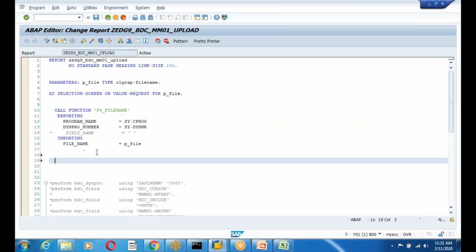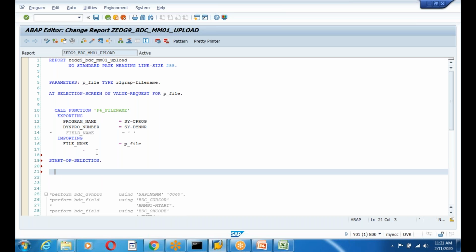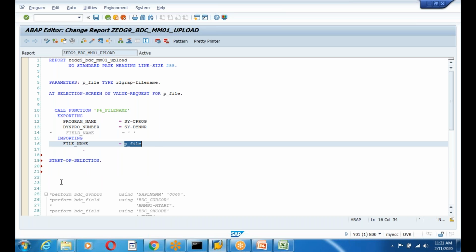Then I execute. After I execute, I need to write the logic. After executing the input values, which event will be triggered? After successfully processing the selection screen, which event will be triggered? START-OF-SELECTION is the event. I use START-OF-SELECTION and I have the data in P_FILE, and now I need to